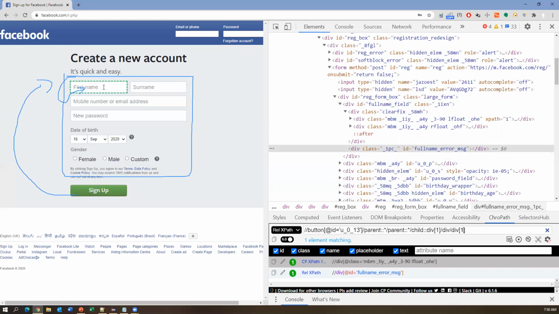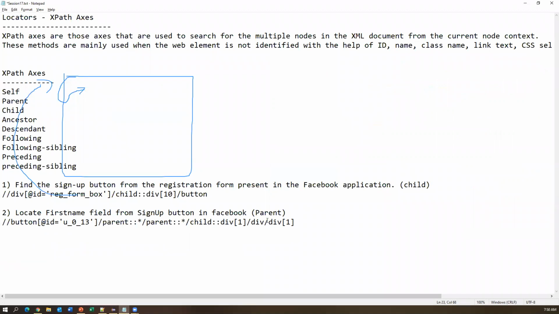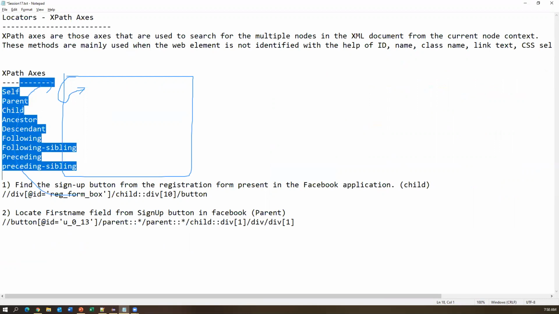So 3 div tags we have. Finally we found the first name element, so this XPath is exactly pointing to the first name. This is a solution for this. So the combination of parent and child we can use. Different combinations of these axes we can also use, depending upon your requirement.